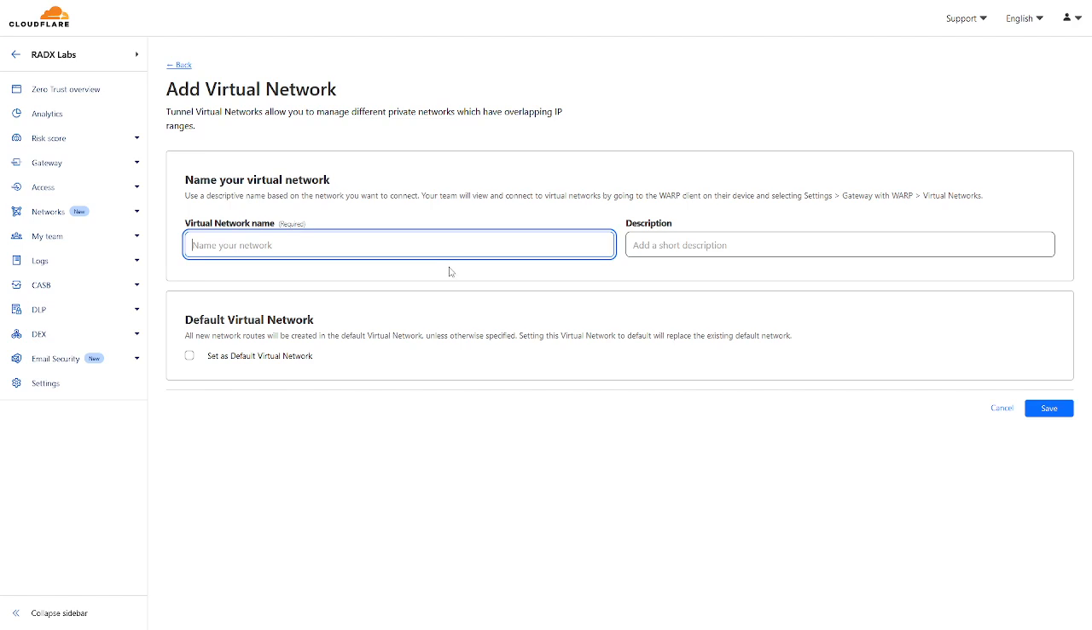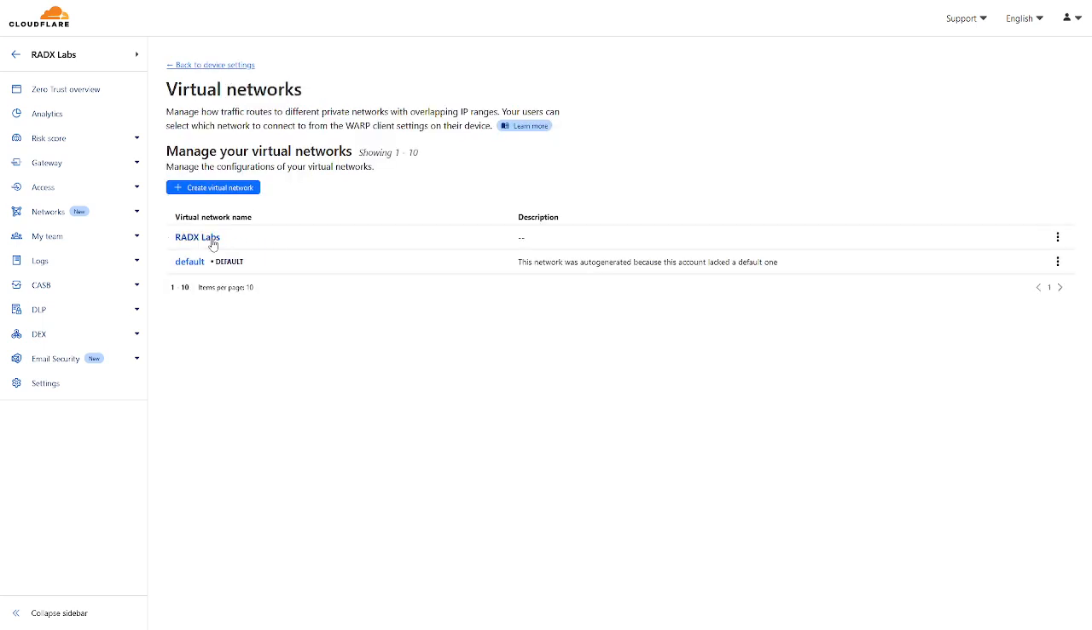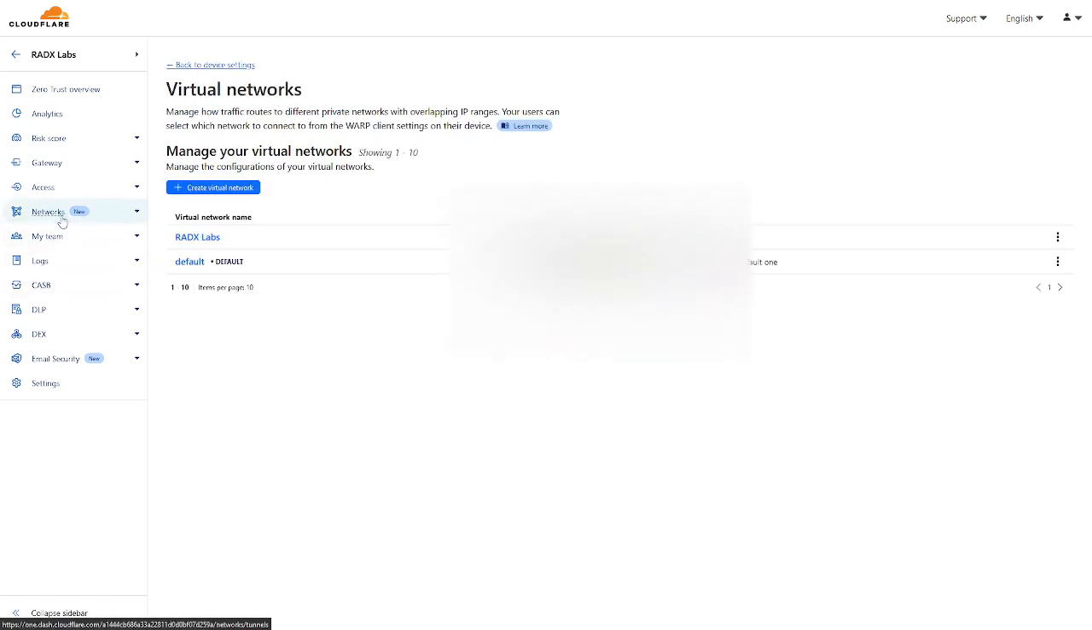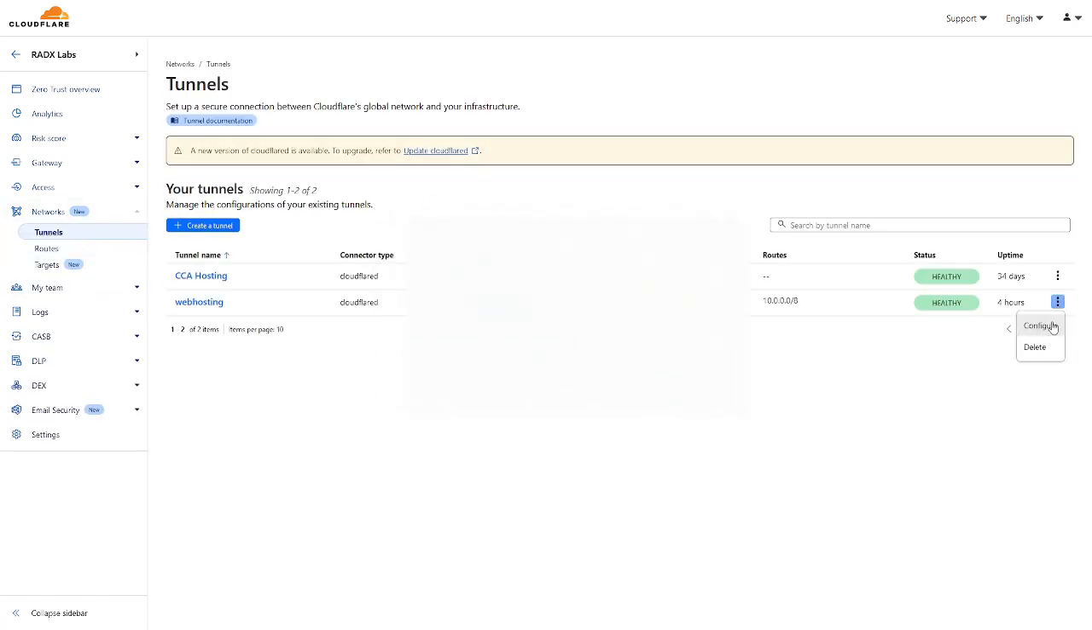Literally all it is is a name. Give it a name, give it a description, set it as default if you want. I'm not doing that. Once you do that, you just hit save, and then you should have something that looks like this. If we look at the configuration for mine, you would see that it's literally just a name. There's nothing else. Once you've done that, we go back to networks, go back to tunnels, go back to configure,